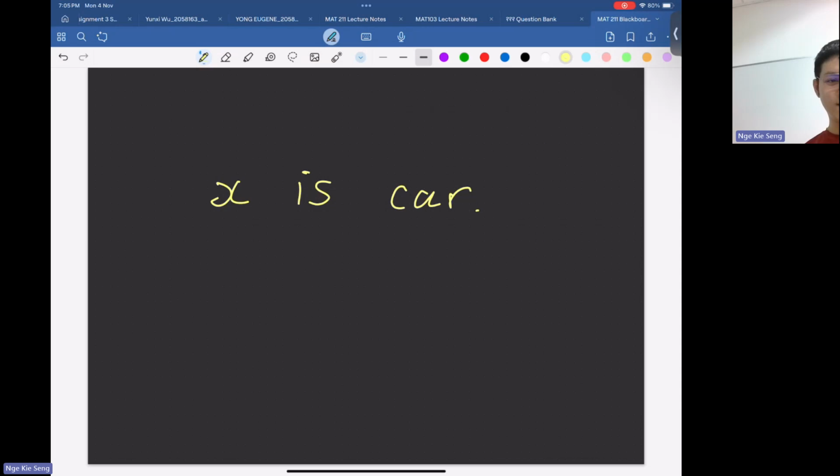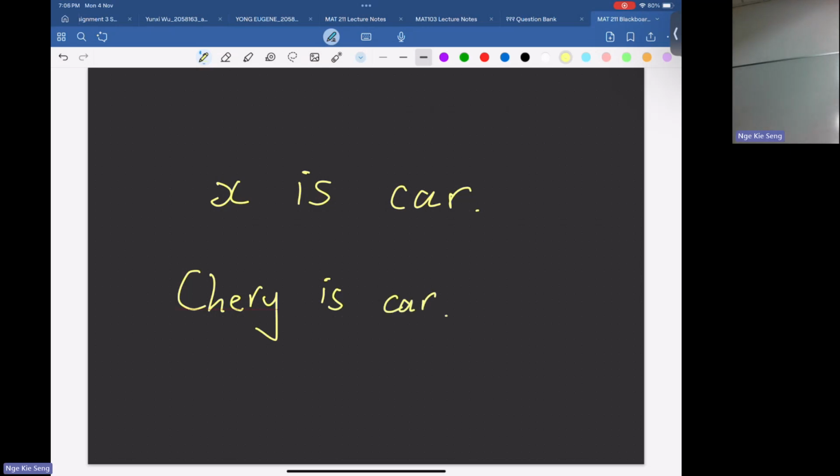I don't know. I never knew. Do you see this color in XMUM or not? Chery. I thought this is a China brand. Is this a China brand? Yes, right. Chery is a car. Chery is a car. Okay, well, sure.